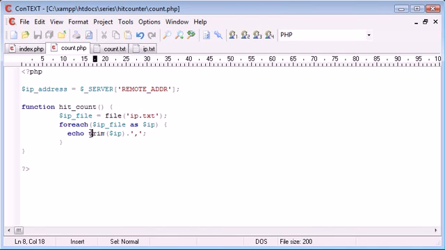So we don't actually want to echo out the IP addresses, we just want to use them inside here. So I'm going to create a variable called IP single, and that's equal to each one. So we can use this variable to check whether the user's IP address, which is up here, corresponds to one